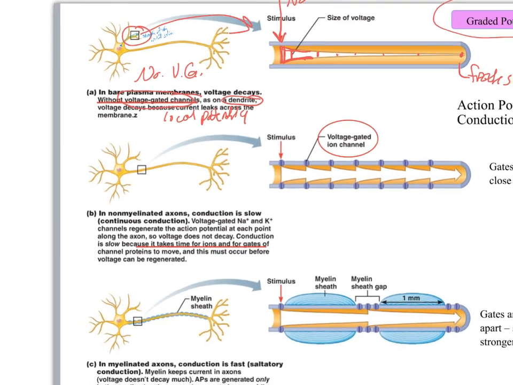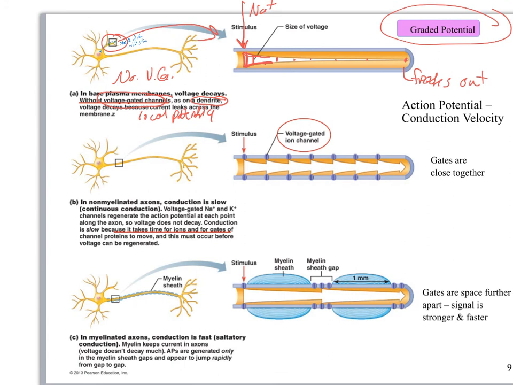Let's now look at some continuous conduction. So right here, conduction is slow. This is continuous conduction. If you look at this axon, you can see there's no myelin sheath blocking the voltage gate, which is why it's continuous conduction. So you can see you've got initial stimulus, initial stimulus. The strength of the signal is going to be right here. And what you're seeing is you're going to do propagation. So this is still an action potential, okay? So you're going to propagate the signal, and it is starting to fizzle out,